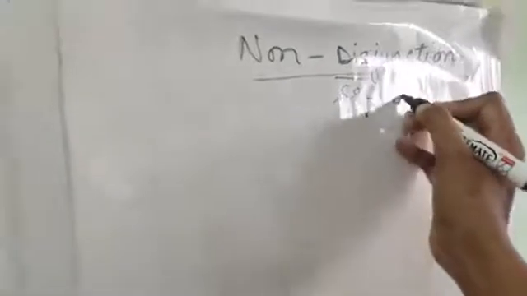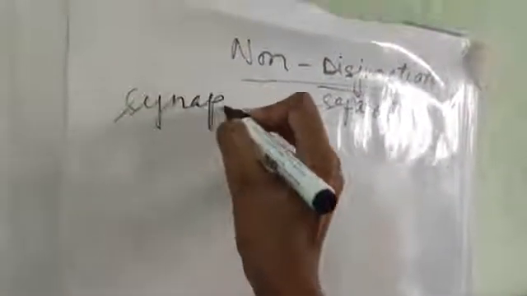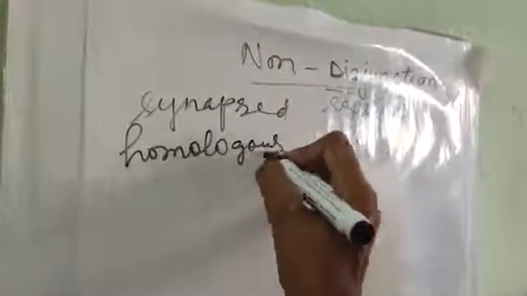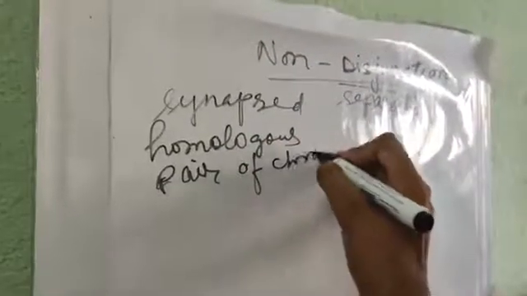Now next, we'll move on to the topic of non-disjunction. Now what is this topic about? Non-disjunction means it is the opposite of disjunction. Disjunction means separate. So non-separate, non-disjunction, obviously. So what is it? It is a phenomenon by which synapsed homologous pair of chromosomes